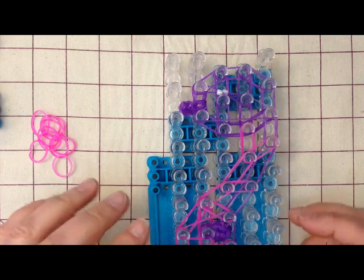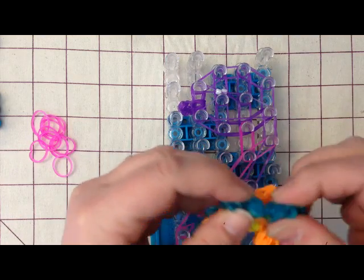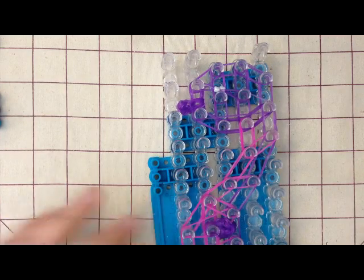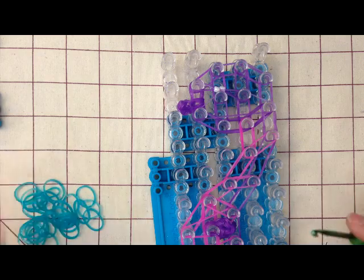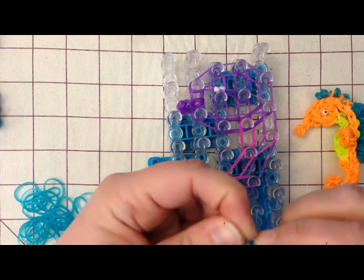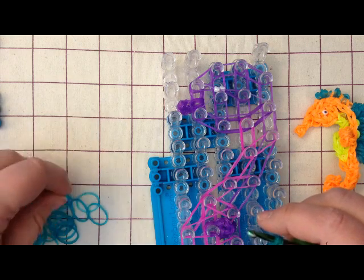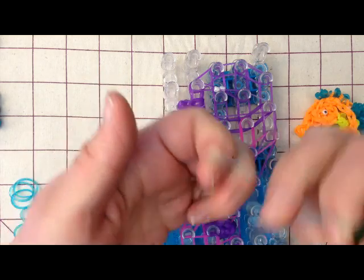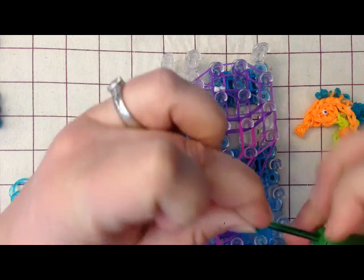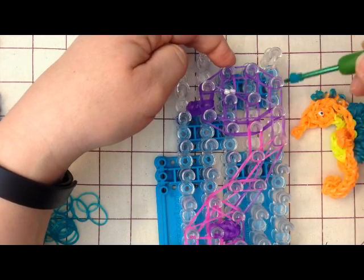Okay, now what we need to do are the knobbly bits that go, if you have a look here, I've got some knobbly bits that go here, and then we have the big fin at the back, and I'm going to use this same colour to do that. So get your third colour, and for these ones all you're going to do is take your hook, wrap it once and twice, and put on a band. And I'm going to take the band, stretch it, figure 8, and slide it on like that. Find the other end, and that is a tight little knobbly bit,